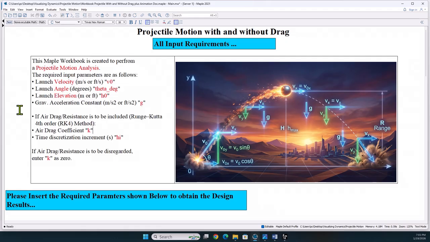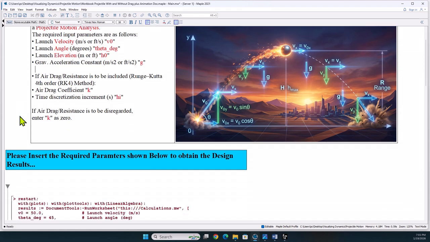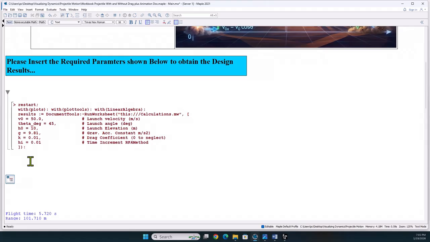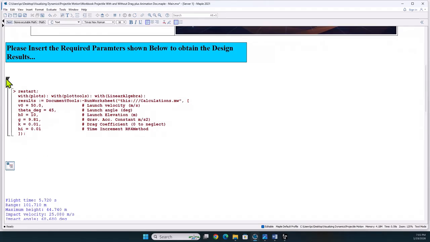The user also needs then to insert the time discretization increment, which is required for the Runge-Kutta fourth order method to incrementally solve the nonlinear setup. The user inserts the required parameters here in this region,